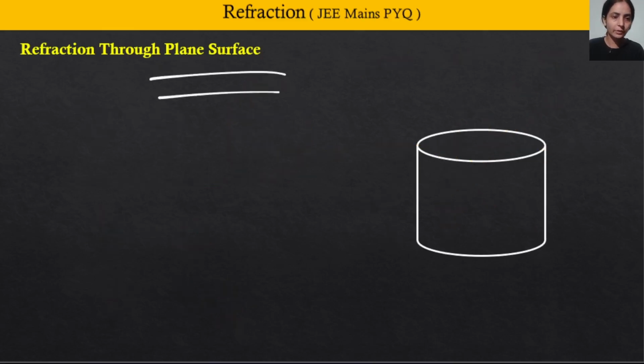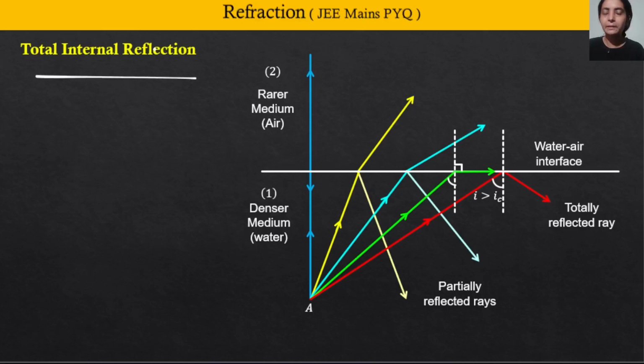चलो आगे बढ़ते हैं। Refraction through plane surface, we have seen it। Now total internal reflection। Total internal reflection क्या है, अगर तुम्हारा light denser से rarer की तरफ बढ़ रहा है, then there can be a case where light will get completely reflected back to the same media, okay। So यहाँ पे देखो, सबसे पहले light incident हुआ है certain angle पे, and इस angle पे light refract भी हो रहा है, reflect भी हो रहा है। Further we keep on increasing the incident angle, फिर से कुछ refract हुआ, कुछ reflect हुआ है।